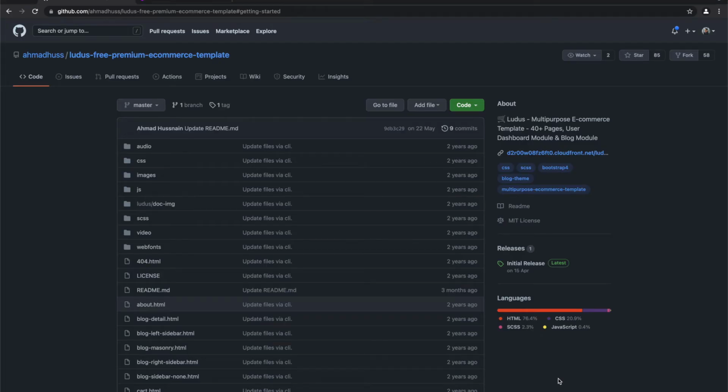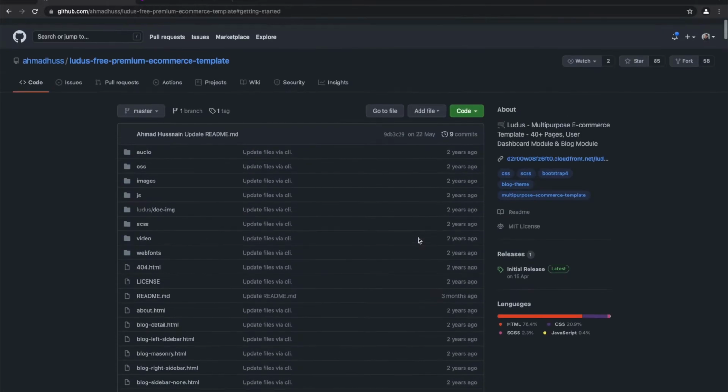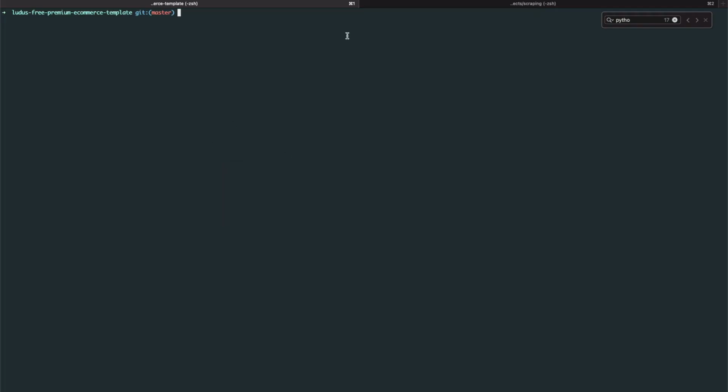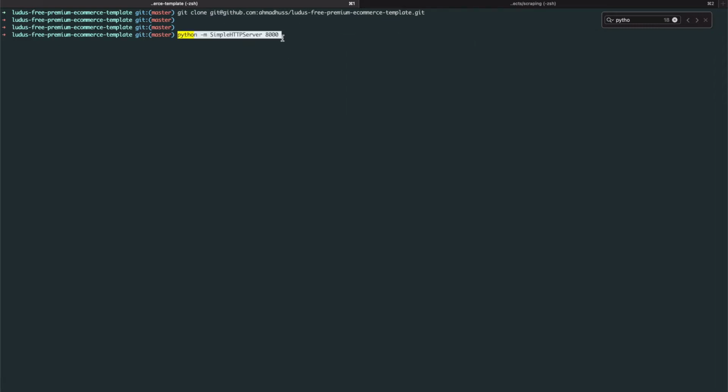Okay, so in order to start, you'll need a target, some kind of project that you want to scrape. In my case, I will choose this one because it's open source. I can just clone it and serve it on any server I want. In this case, I have a Mac, so I can just run a simple Python server and serve this website. So if you want to do this, you can just click on code and then copy this, go to your directory, just do git clone, just clone it to any directory you want. And then you can just do the Python server command. You can just execute this command.